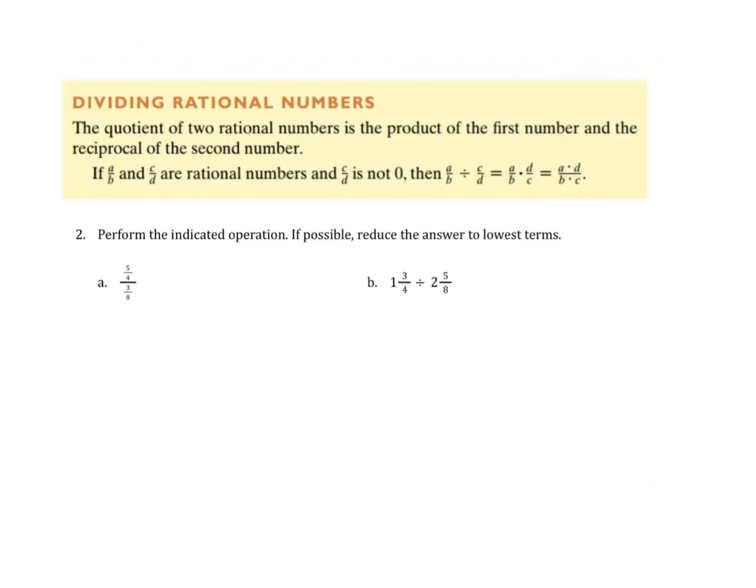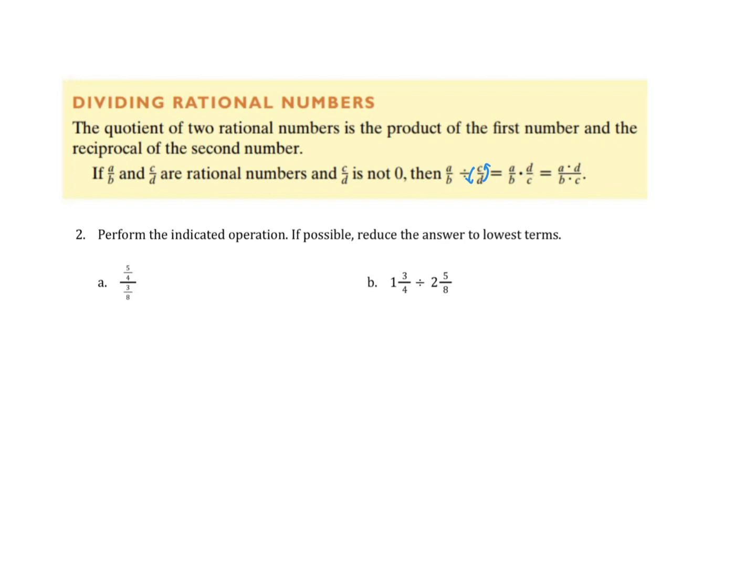Now we're going to divide fractions, and we do that by multiplying by the reciprocal of the second fraction. So you always keep the first one the same, and then the second one gets flipped. So the D goes up, the C goes down. We take the reciprocal of the second fraction, and it becomes D over C. And then you just change it to multiplication and do top times top, bottom times bottom, just like we do